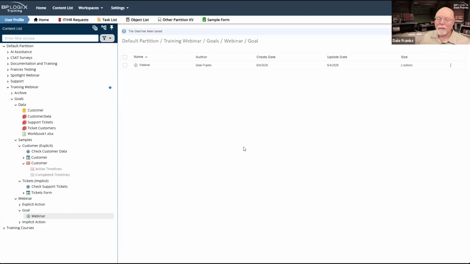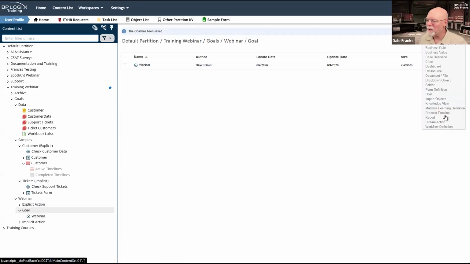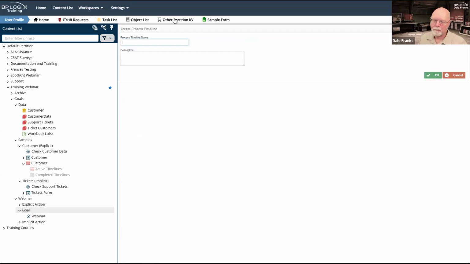So now we have a process that we want to run. I'm not going to create a form and everything for this process. I'm just going to go ahead and create a process timeline. And we're just going to call this the new customer timeline.